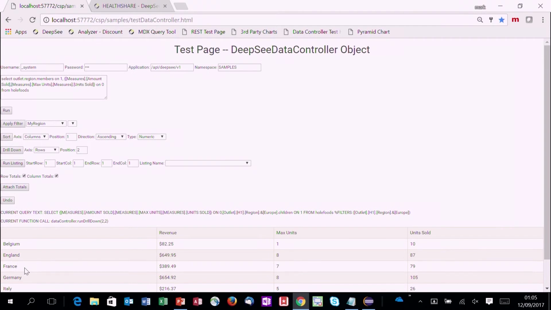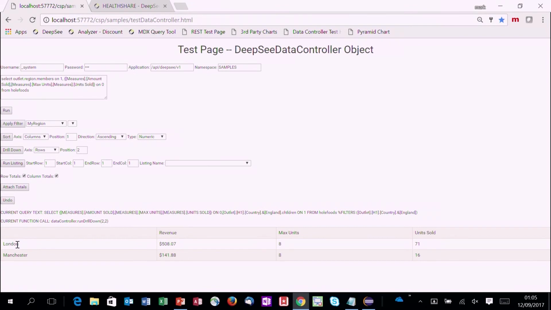England still appears there because we haven't done Brexit yet, so we're still part of Europe, technically speaking. And then I decide I want to drill down into Europe. This breaks it down into the different cities in Europe for which we've got sales. And if for whatever reason I want to look at the underlying transactions within London, I can say, let